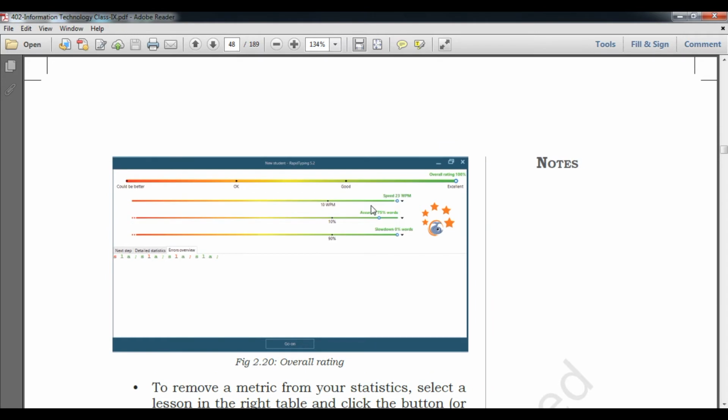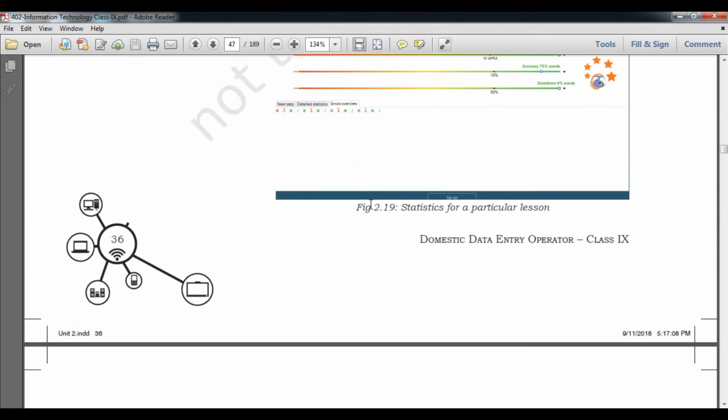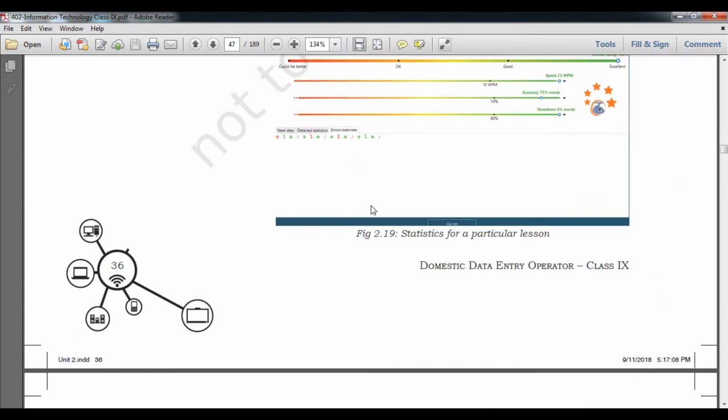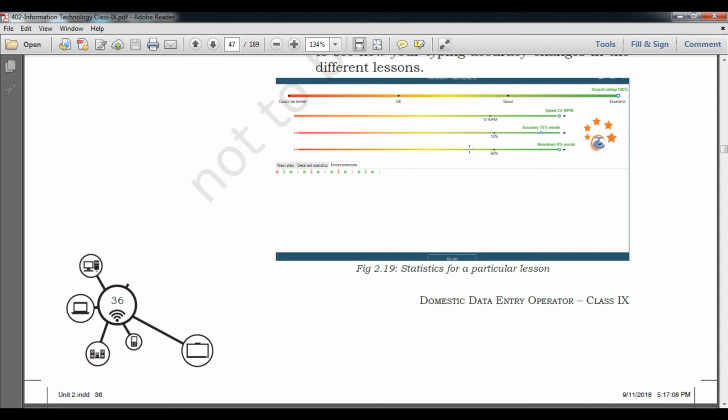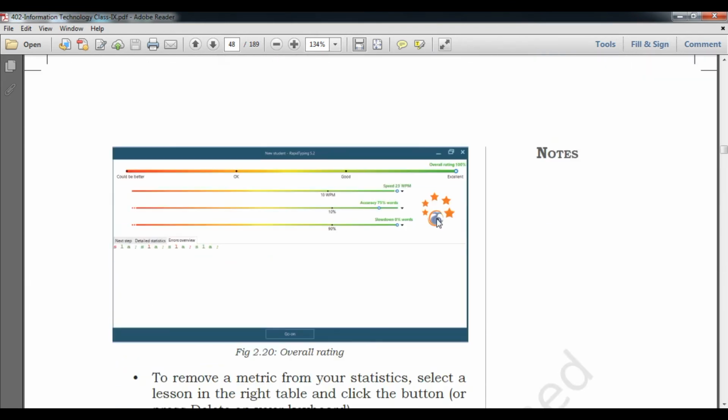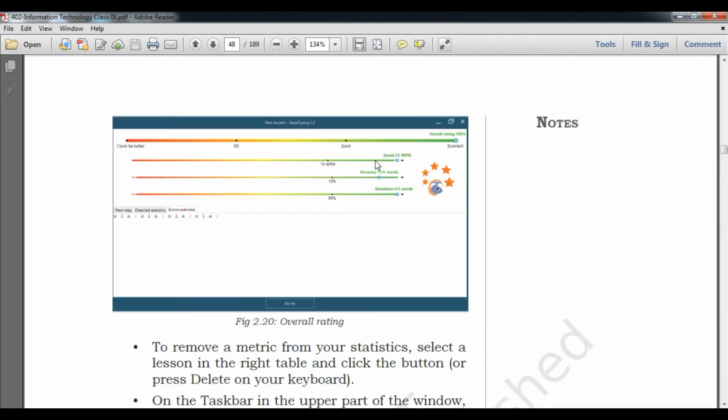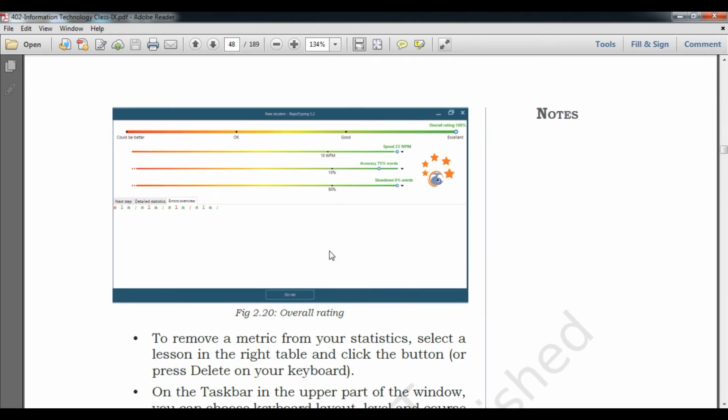The overall rating is here, and it will show you the statistics for the particular lesson, okay students. This figure shows you the statistics for a particular lesson, and this figure will show you the overall performance of your typing.